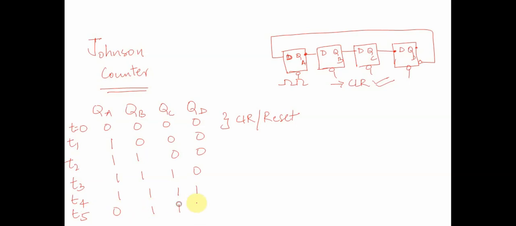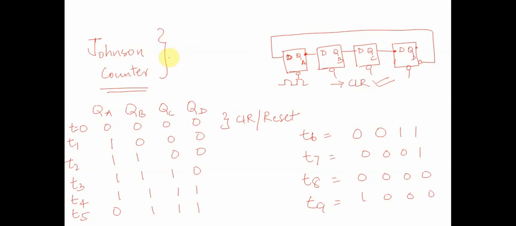1 1 1. What will happen at T6? Again 0 will come to the front, the output would be 0 1 1 1... 0 0 1 1. T7 it will be 0 0 0 1. T8 it will be 0 0 0 0. Then at T9 it will again be 1 0 0 0, and this cycle will repeat. Correct. So this particular variation where we connect Q bar to the input is called a Johnson counter,